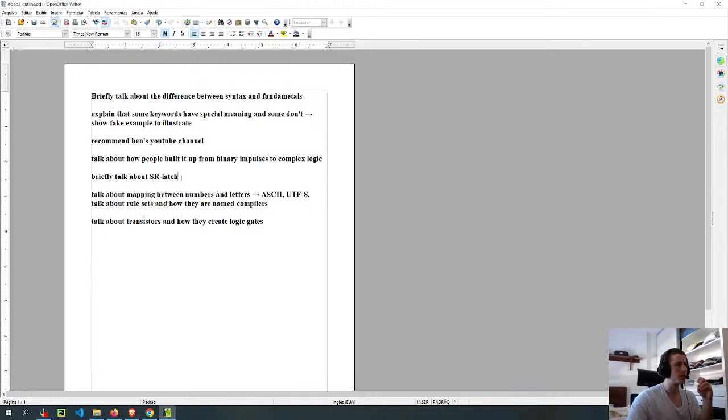So far, the way that I think about it is through SR latches, which are a circuit of magnetic impulses and electromagnetic impulses through transistors that allow you to retain a state. So you can set or reset binaries, and then through a sequence of that, you have the memory.